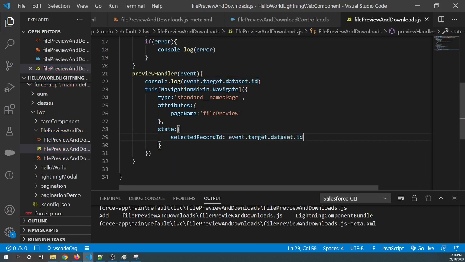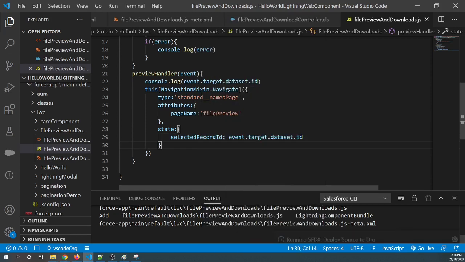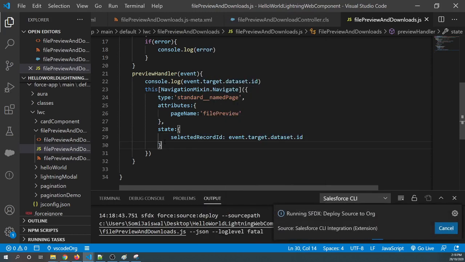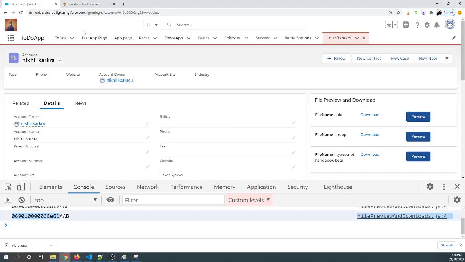So now we are calling the named page filePreview and passing the selectedRecordId, and now this will make our preview button work. Let's deploy this. Basically we are navigating to a page and there we are opening the file automatically using the file preview. So our component is deployed. Let's go and refresh the page.